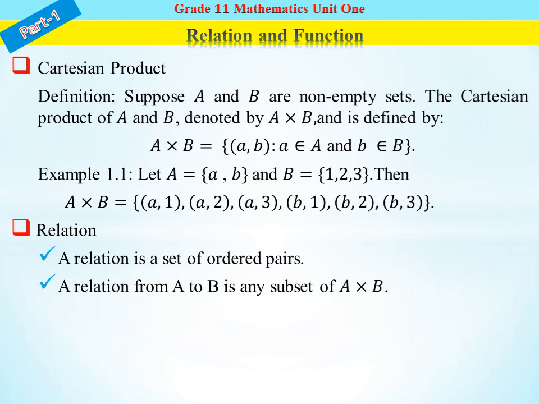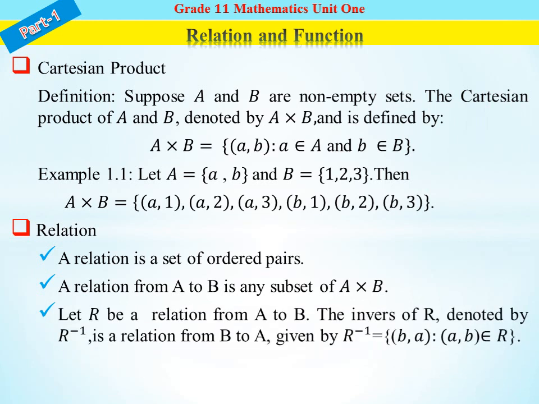ሌላው እንደገና የአንድ ከተማ ቴምፕሬቸር፣ ለምሳሌ አዲስ አበባ ላይ ትናንት ቦሌ አካባቢ የነበረው ቴምፕሬቸር፣ አንድ ሰዓት ላይ የነበረው ቴምፕሬቸር፣ 2 ሰዓት ላይ የነበረው ቴምፕሬቸር፣ 3 ሰዓት ላይ የነበረው ቴምፕሬቸር፣ እስከ 12 ሰዓት ላይ የነበረው ቴምፕሬቸር፣ ሪከርድ የሆነው ቴምፕሬቸር፣ ይሄ ሌላ የሪሌሽን ኤግዛምፕል መሆን ይችላል። ስለዚህ ሪሌሽንን የተለያየ ቦታ ላይ ሪል ላይፍ ላይ አፕላይ ማድረግ እንችላለን።